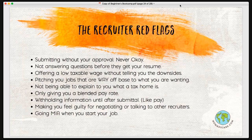If they're withholding information until after I submit, that's a tricky move. If they are telling you that you have to submit to a job before they'll tell you how much you can get paid, that's a huge red flag. If they make you feel guilty for talking to other recruiters or asking a lot of questions or negotiating your pay, red flag. And if they just go MIA when you start your job, so they're hustling for you, they're friendly,